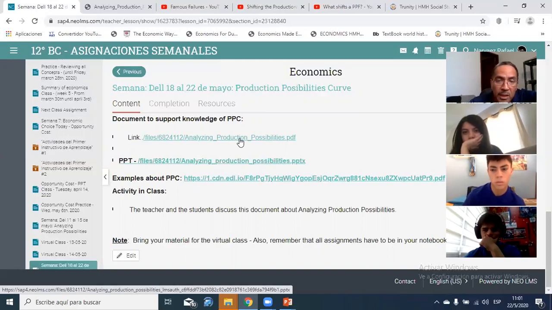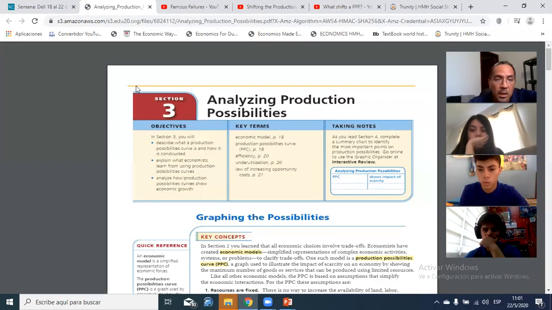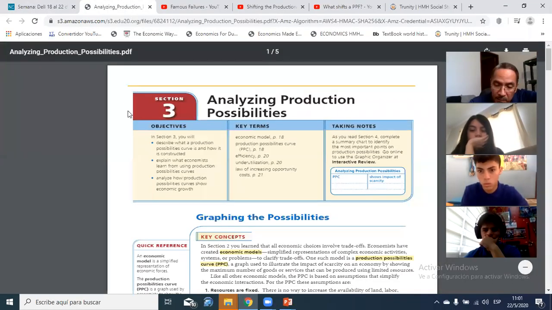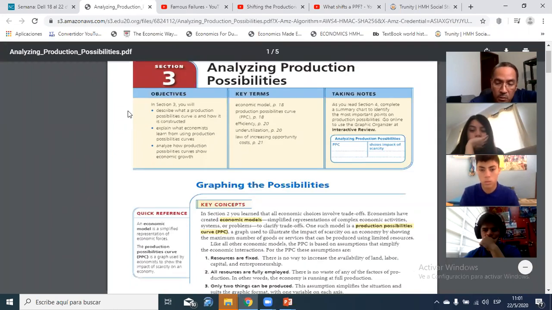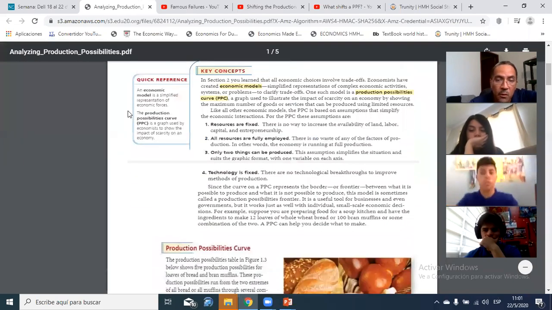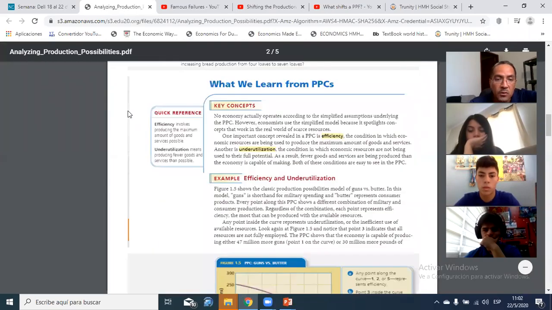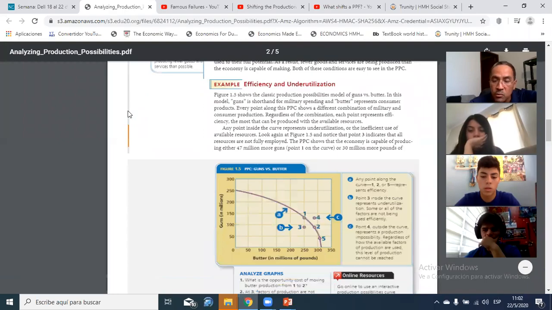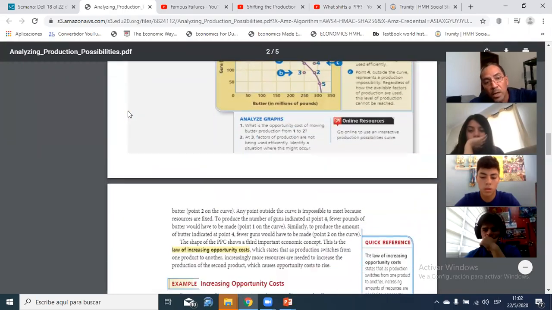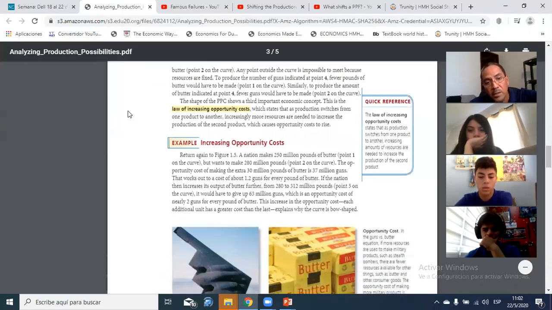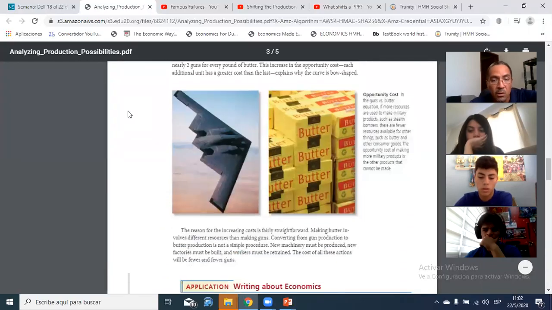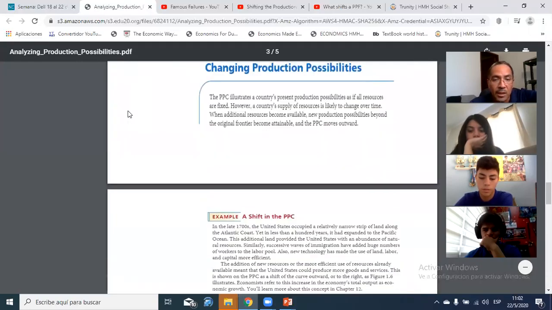This is the PowerPoint, and this is the document that you need to print out or download. This one over here. If you open that PDF, this is the PDF that you will see with all the information that we have just studied over here. It tries to summarize and explain it in another way. Okay, it's all of this. And at the end of the class,